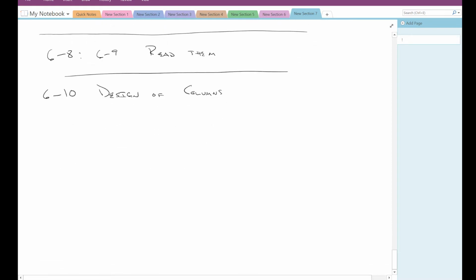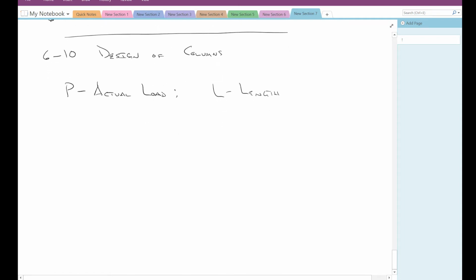So in a design situation, generally what you as the designer or the design engineer will have is an expected load, right? So we're going to say that we have an actual load, P. Let me just write that so it's legible. P, actual load. And we will also have a length of column or part or shaft or whatever kind of part you're designing. You'll have the actual length. So what you as the design engineer are going to have to specify,